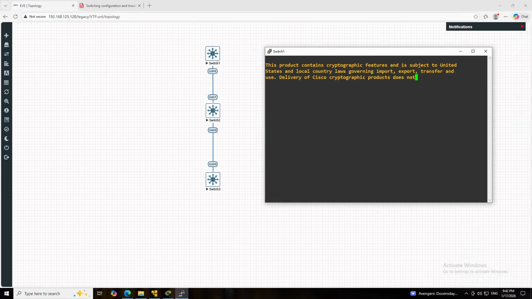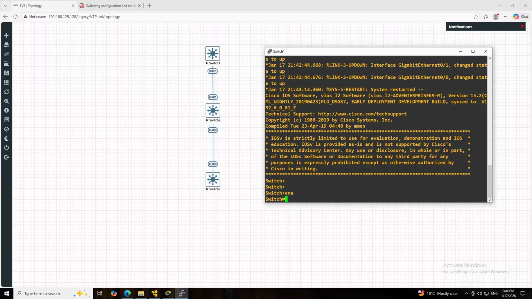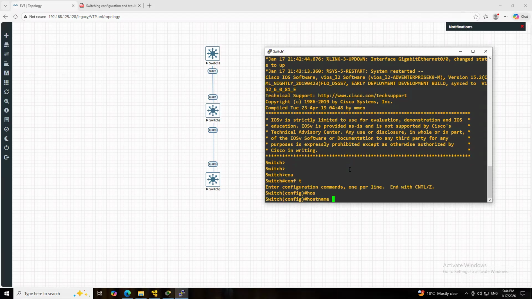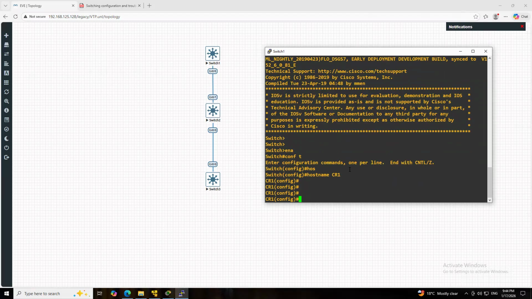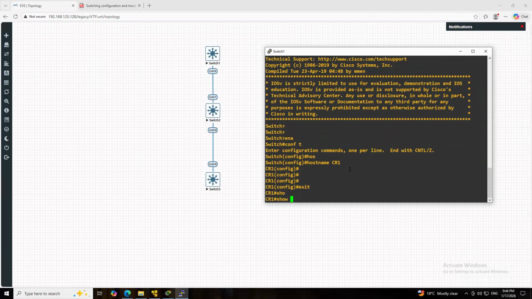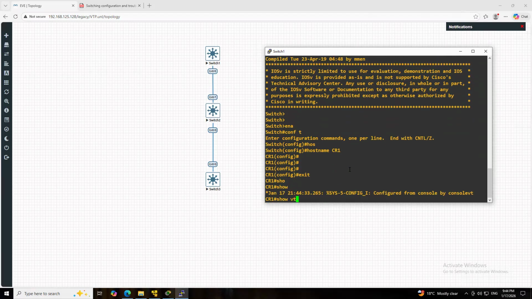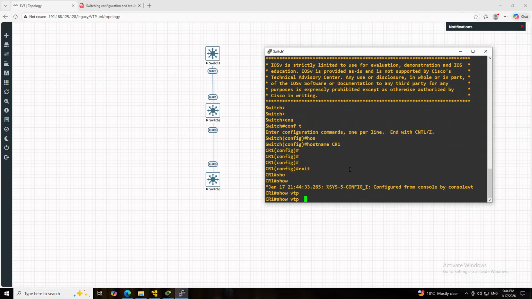Let's switch it on. Now the switch has started. Now let's configure the host name CR1 first. Now, first, let's validate the current status of VTP. So, show VTP status.